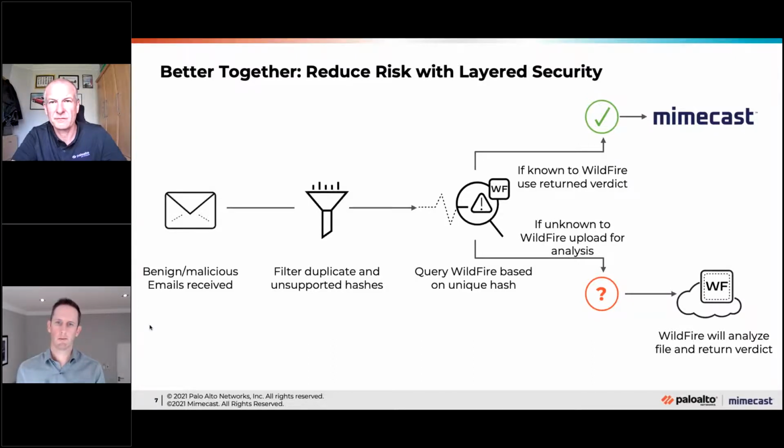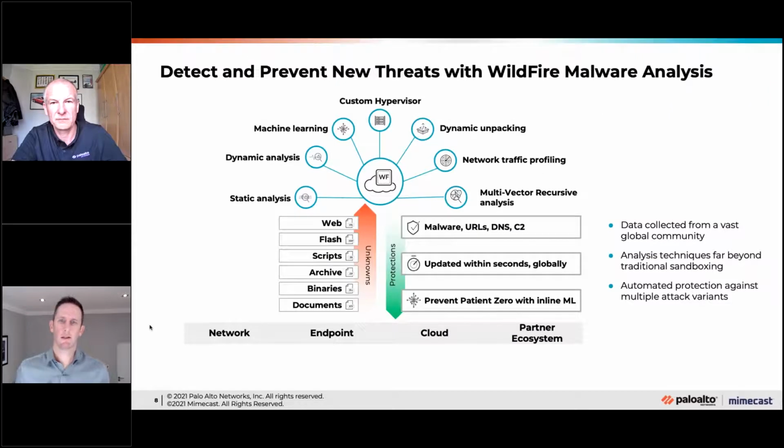Let's jump into what type of information. I think, Simon, you can talk through all of these capabilities and what Wildfire can do much better than I can. Okay, so Wildfire from Palo Alto Networks is a cloud delivered service. We chose to make it a cloud delivered service many years ago.